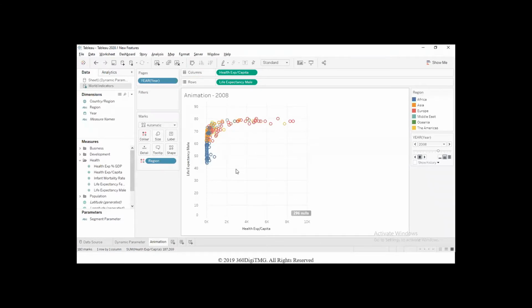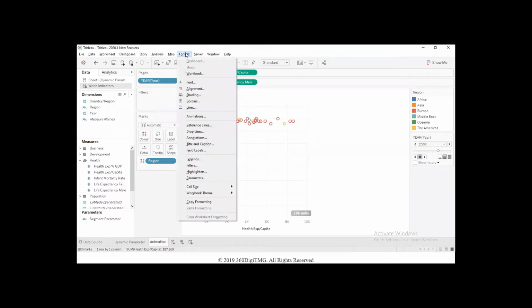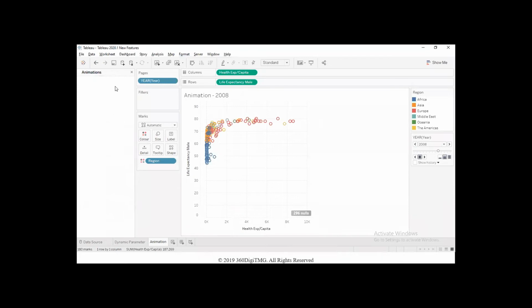However, a new feature called animating the marks on the view has been introduced in this version of Tableau. What will it do and how do we access it? Where do we access it from? What kind of animation can we set up here? You will have to go to the Format option on the menu in order to access that feature. There you will find a new addition in this menu called Animations. When you select that option, you will get a new pane on the left side, which will overlay the data pane, just like your formatting pane, if you have to format something, will come and overlay the data pane. Similarly, even the Animations pane will come and overlay the data pane.